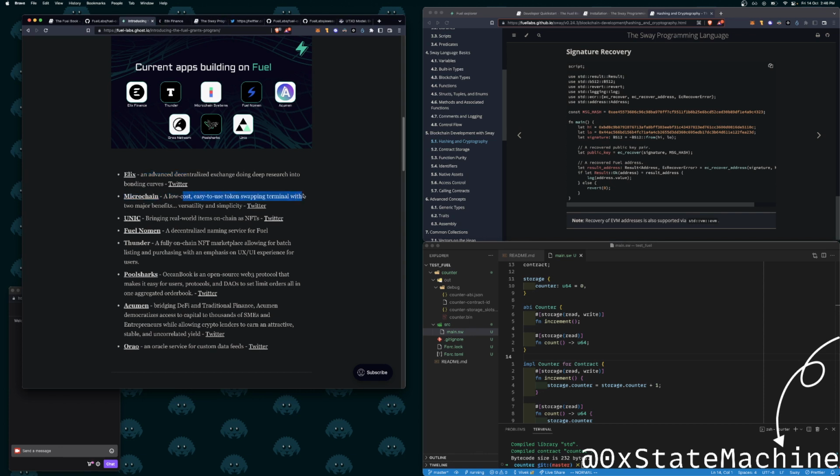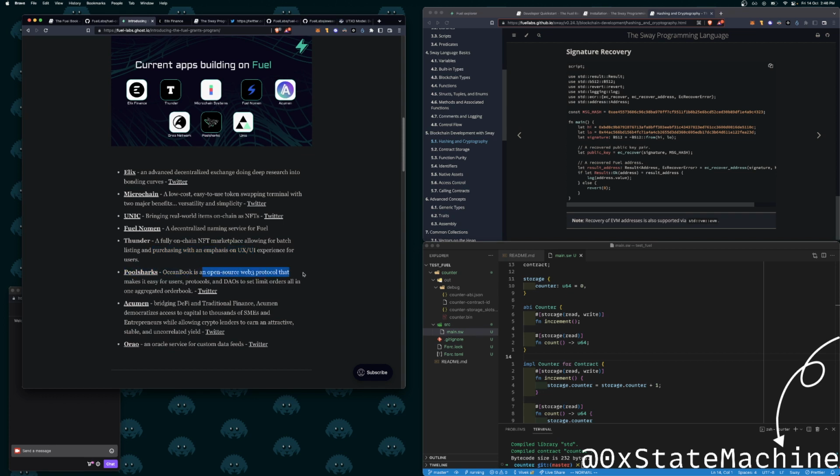Microchain, a low cost, easy token swapping terminal with two major benefits: versatility and simplicity. Bringing real world items on chain as NFTs, a decentralized naming service on Fuel, a fully on chain NFT marketplace allowing for batch listing and purchasing with an emphasis on UX and UI experience for users.